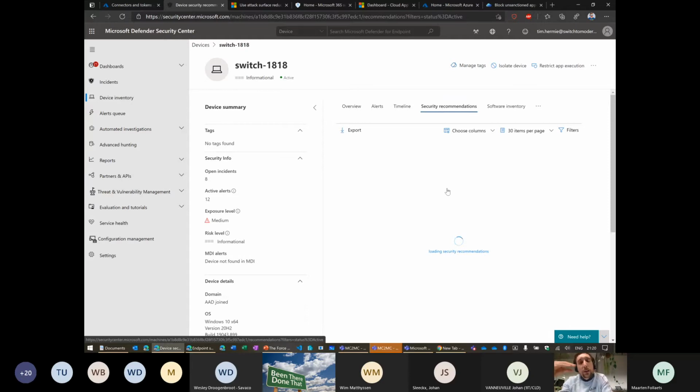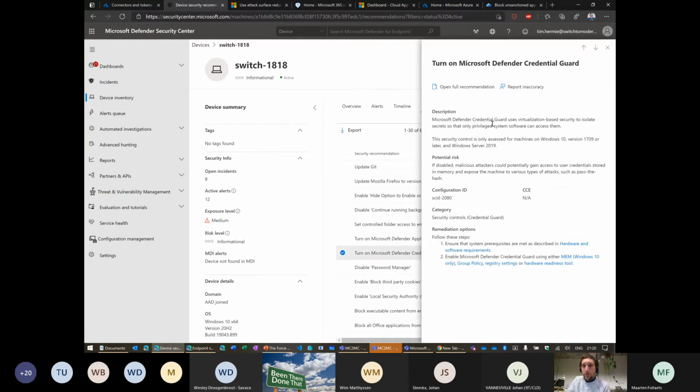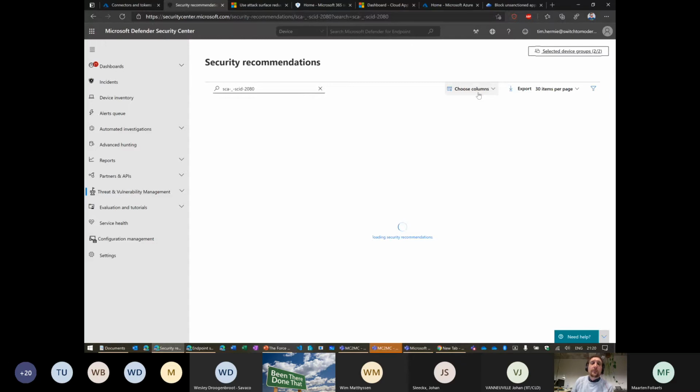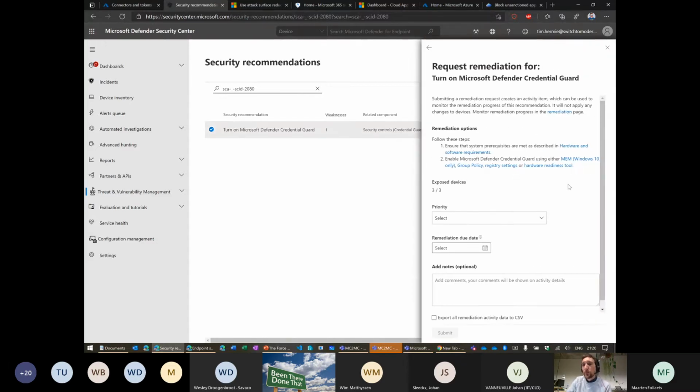And you will see that for every recommendation that we get, I've shown you an ASR rule, but we can also say this one, open the full recommendation, remediation options, and it will always show you what to do with the registry, with Microsoft Endpoint Manager, or with a group policy. So you have all you need here to configure it and deploy it, at least.